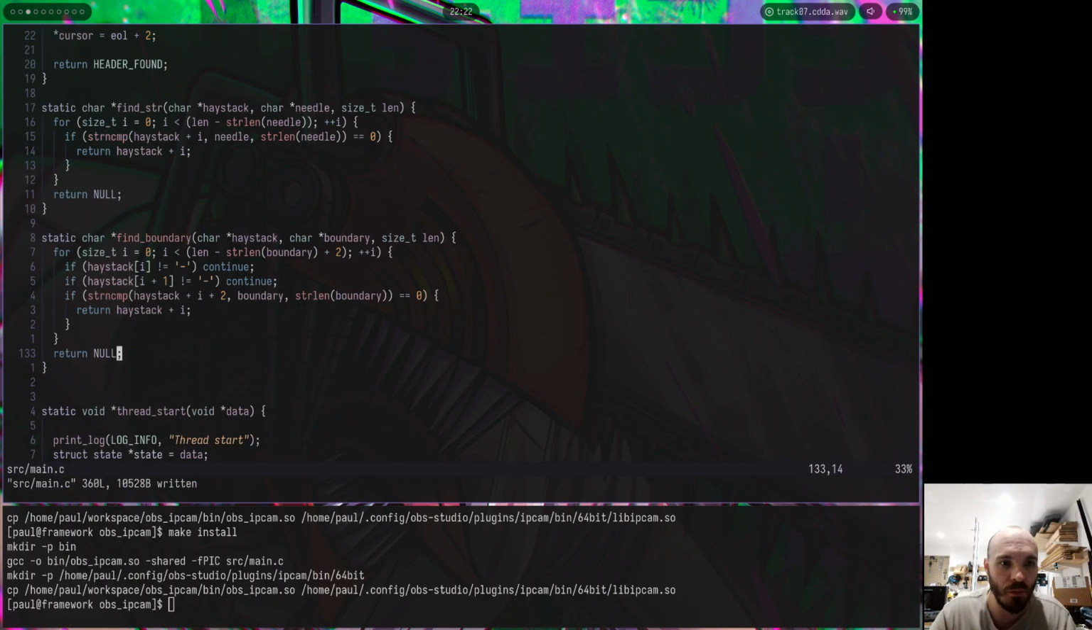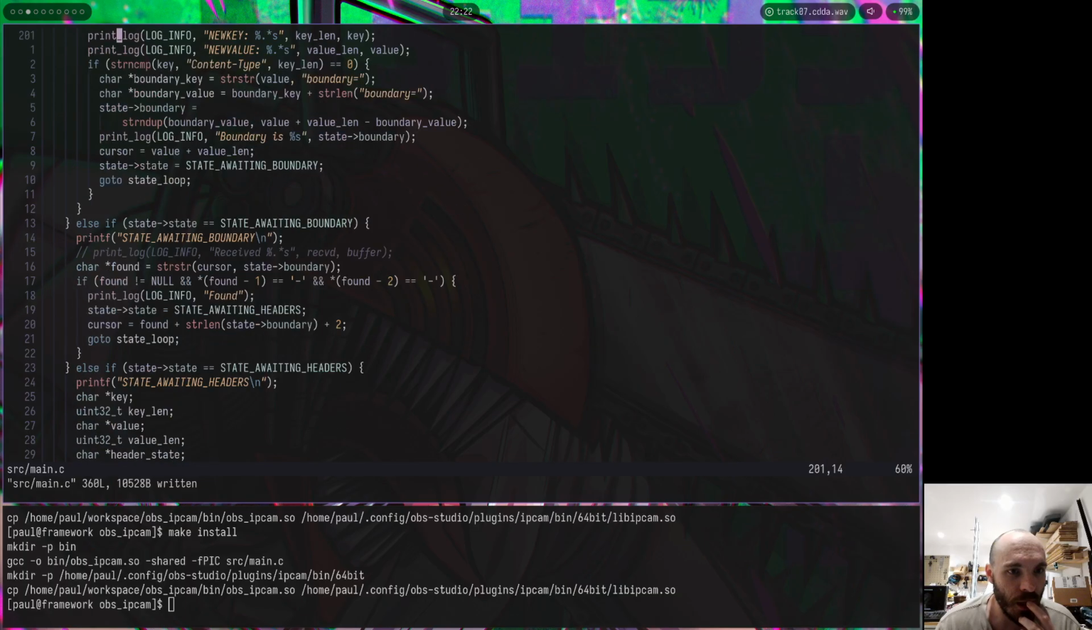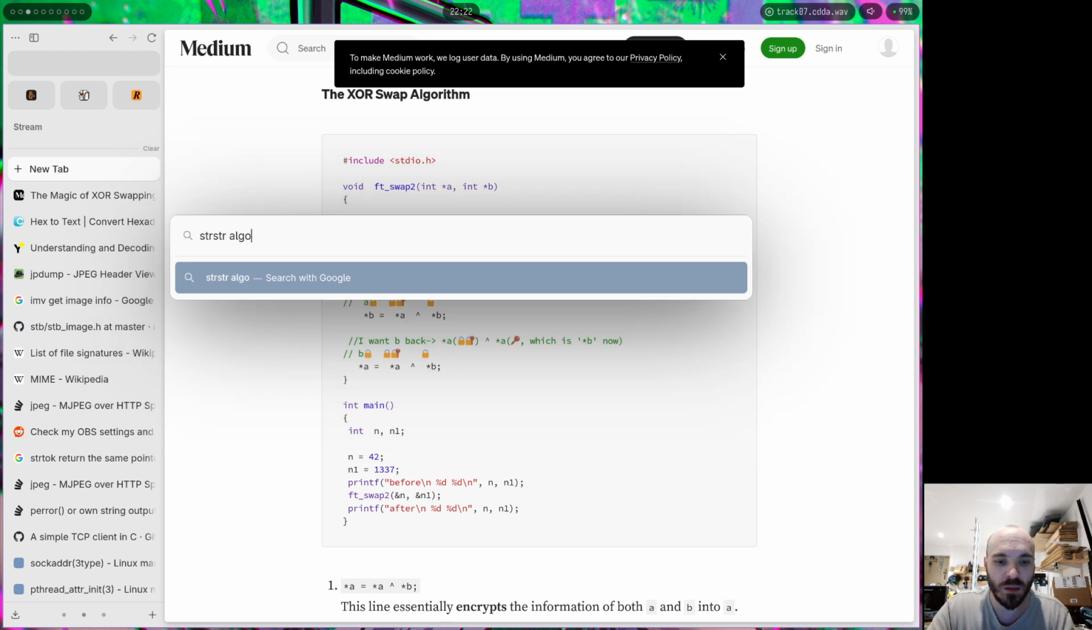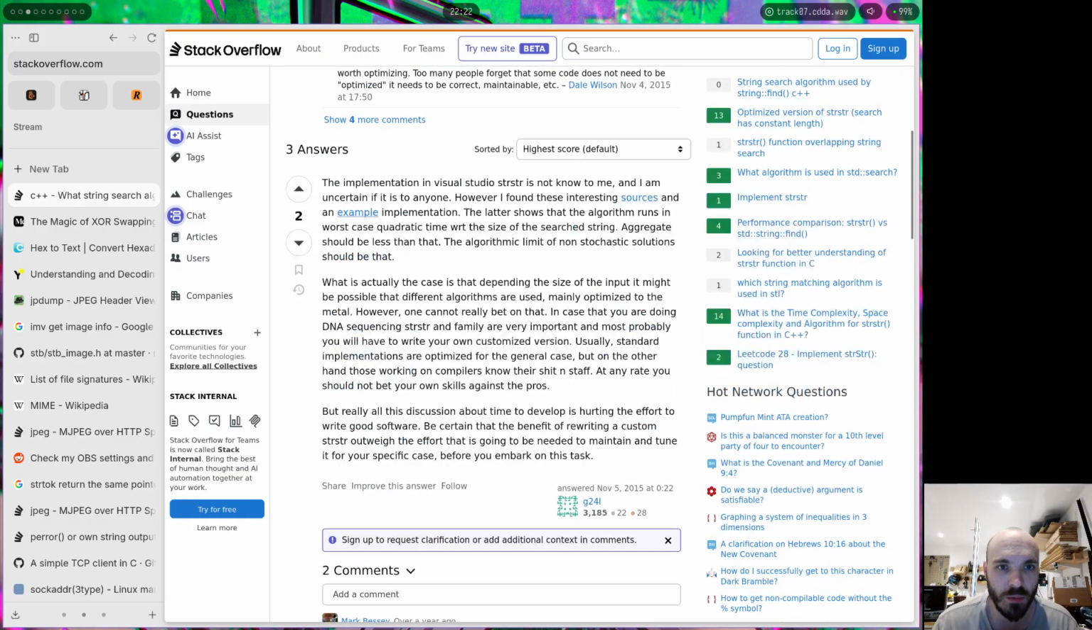Now I actually have a more solid find haystack, which I can use in my awaiting boundary. Oh, I'm doing strstr in here. strstr algorithm. So if it's the same, like if it just literally goes through everything, I'll just replace it with mine. But